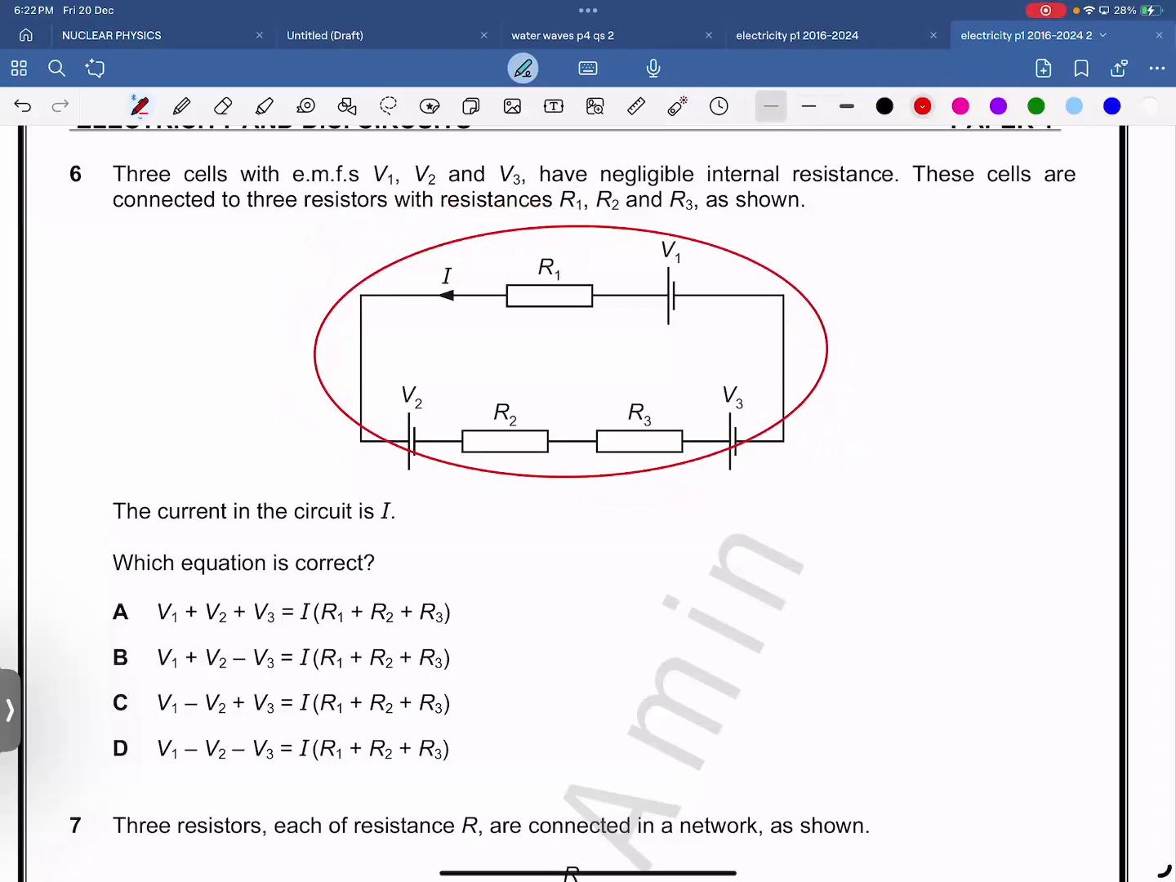I am taking the loop. It's your choice, but I'm just taking the loop this way. No, you can take the opposite. When there is a single battery, you can take it in the direction of current. When there are multiple batteries, it's your choice. Okay, I can take the other way. You want me to take the other way? I can take it. No problem. So